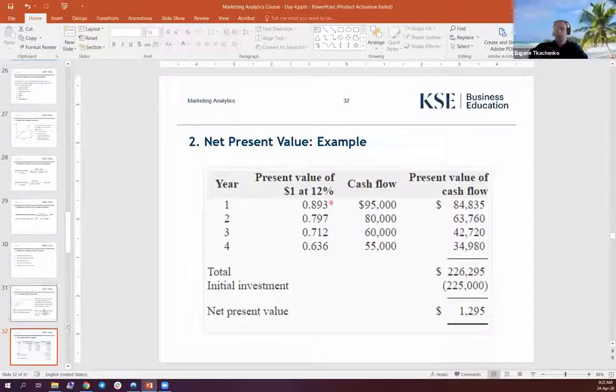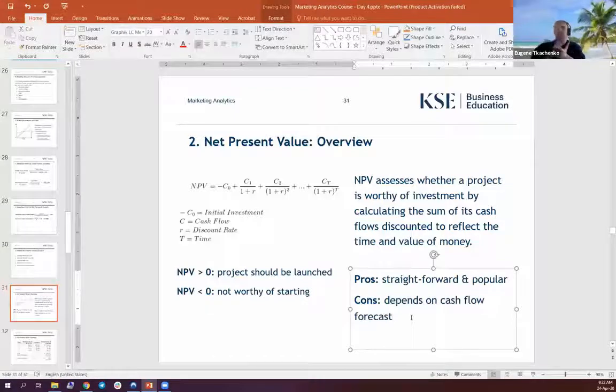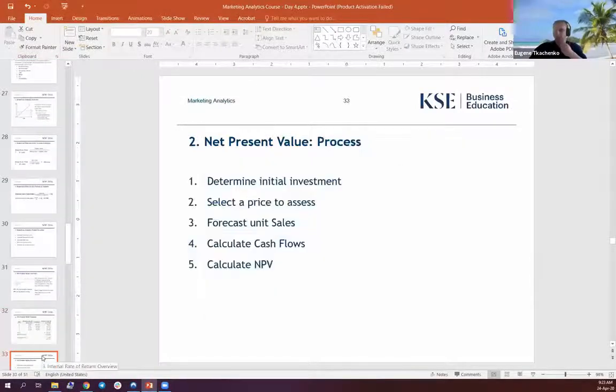So that's why net present value has certain limitations, because it depends on the cash flow forecast. We cannot say for sure. We are not sages. We are not foreseers. We don't have a crystal ball to say that in the next 5 years, the value of the dollar or the value of this business will be increasing. So it is very straightforward and very popular to use, but we also need to keep in mind that it's not ideal. We need something else to support our analysis. This metric alone wouldn't tell us the entire story.